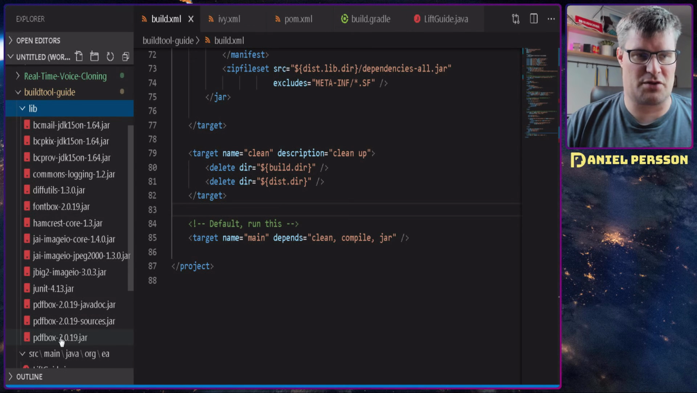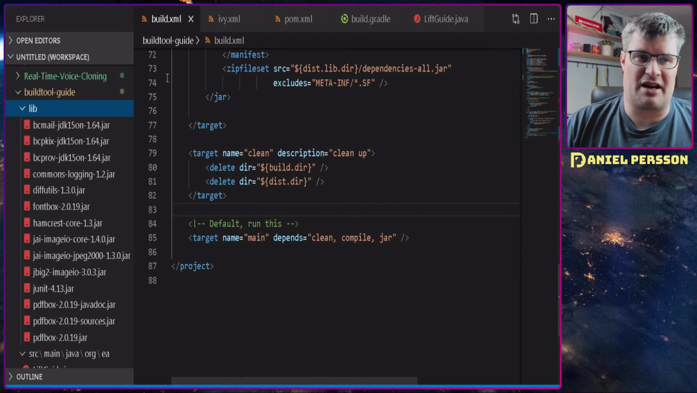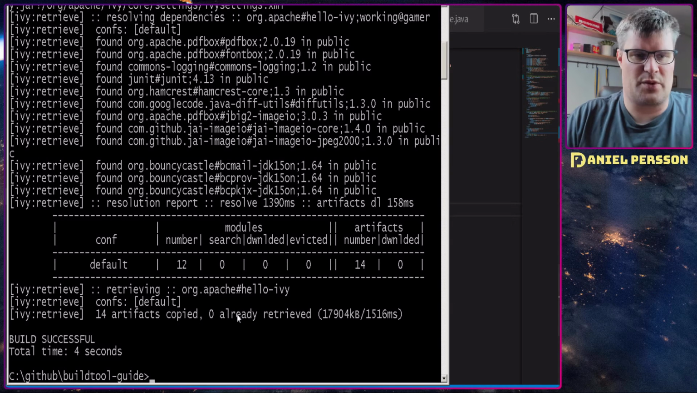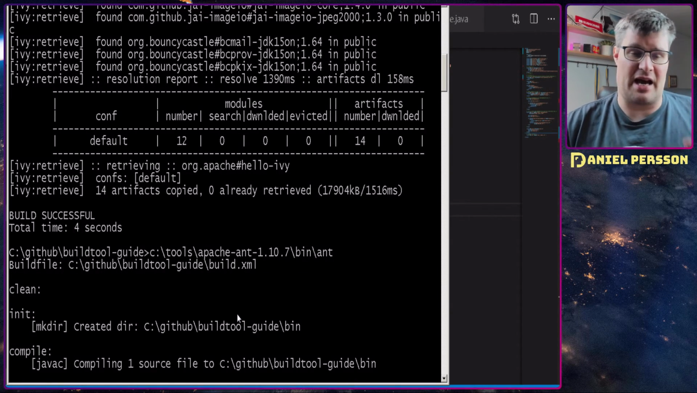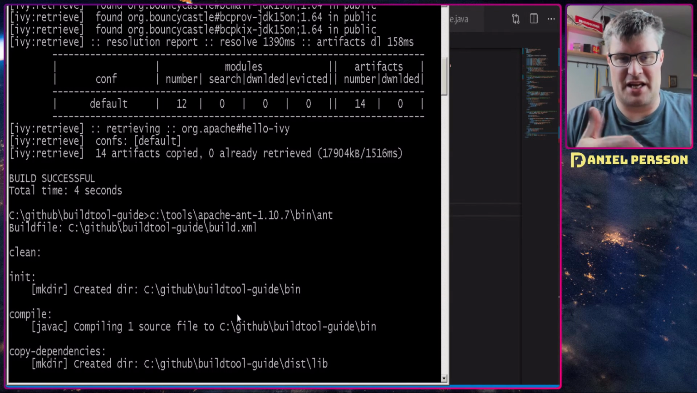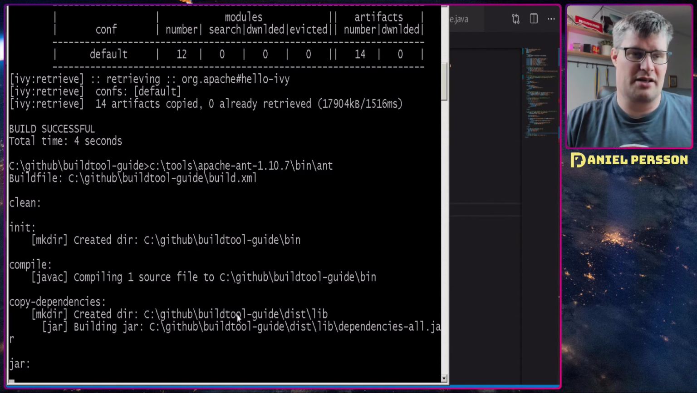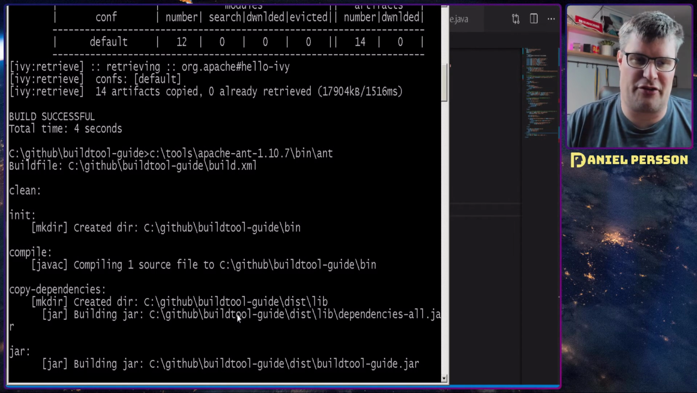So we only asked for PDFBox 2.0.19, but the script here, ivy, saw that a lot of other things were required too. And when we have done that, we can run just the ant command, and that will go through and actually build our directory, compile everything into the bin directory, create our dist directory with the libraries, create this dependency all jar,